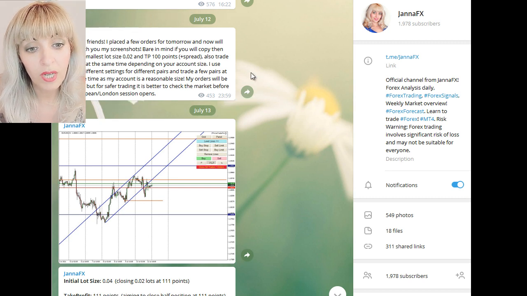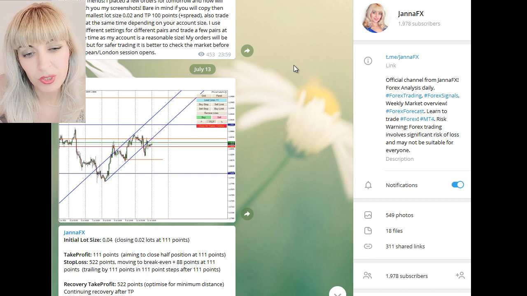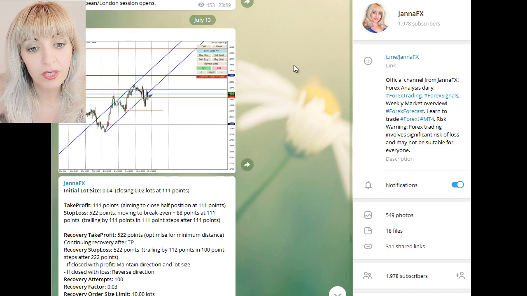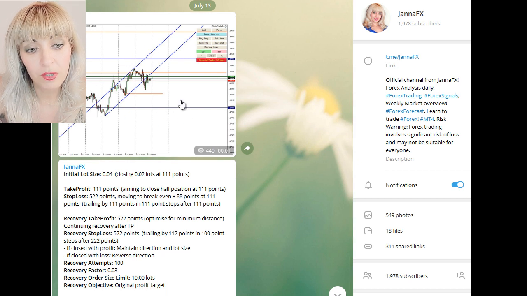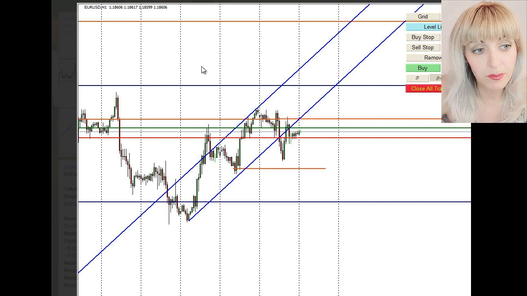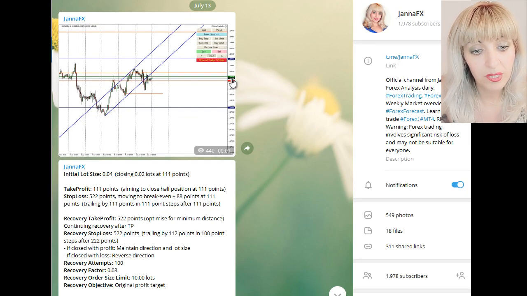So I want to show you guys how my signals work. Let's say not signals, but more like sharing my screenshots here. You see, I'm sending you a screen of where the levels actually are. You can click on it and see a bigger picture, right? And then you see exactly what the prices are here. But you see, after this Euro Dollar, you have this other little